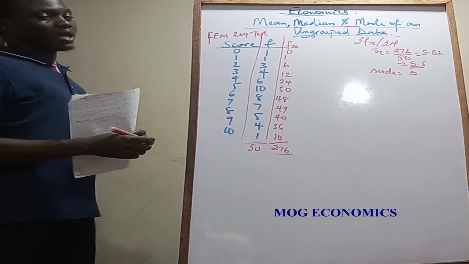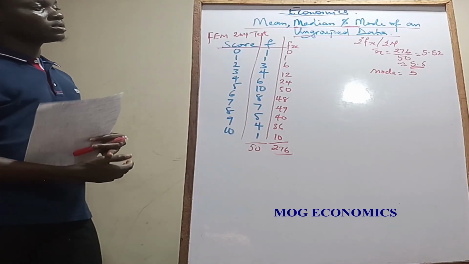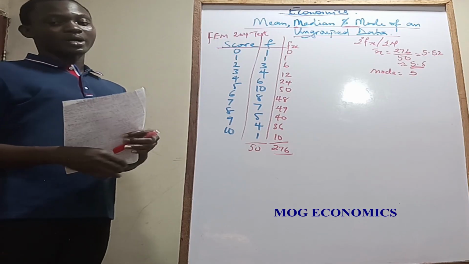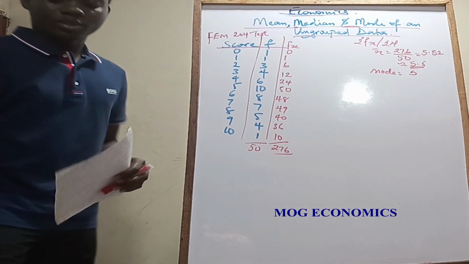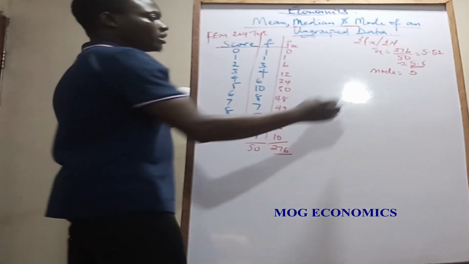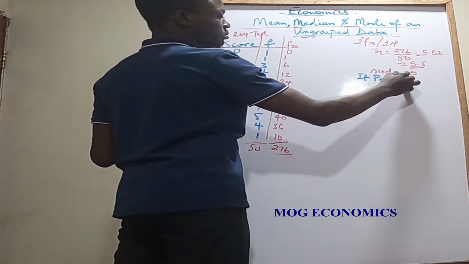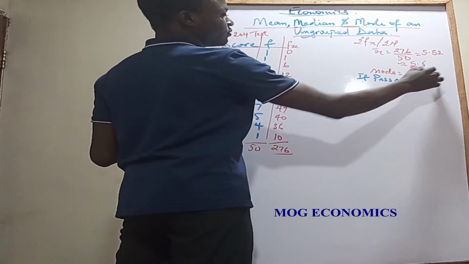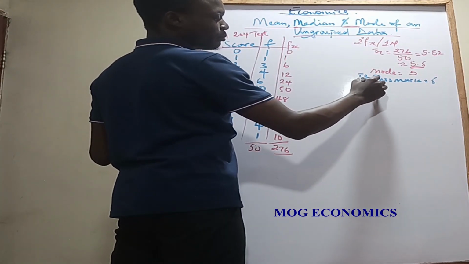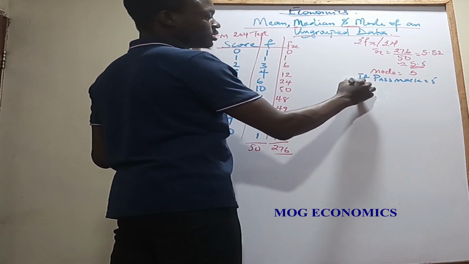What if you are asked to calculate the percentage of those who passed the exam if the pass mark was 5? So if the pass mark was 5, what would be the percentage of students that passed the exam? This was not meant to be part of what we're doing, but we can just do it anyway. So if the pass mark equals 5, the percentage of students that passed, or the pass rate, I just say the pass rate,